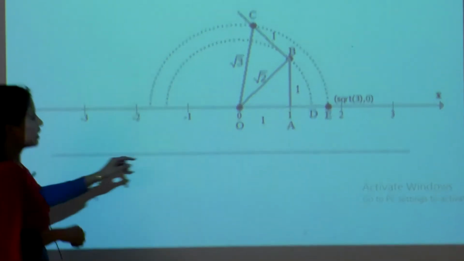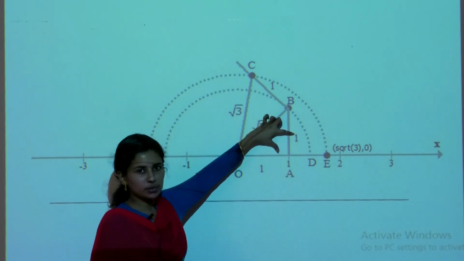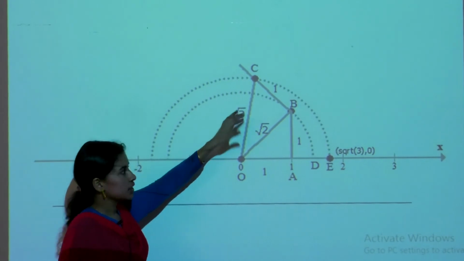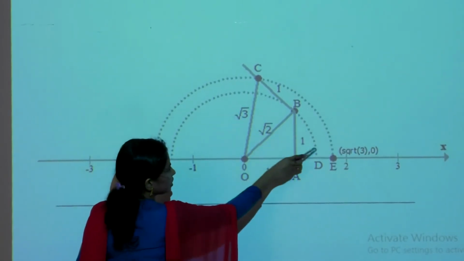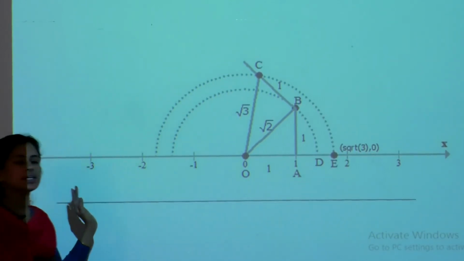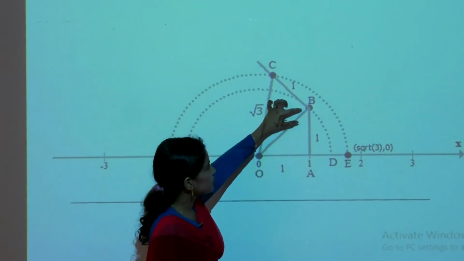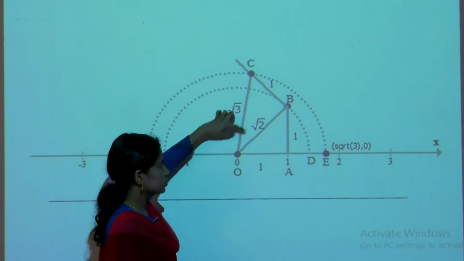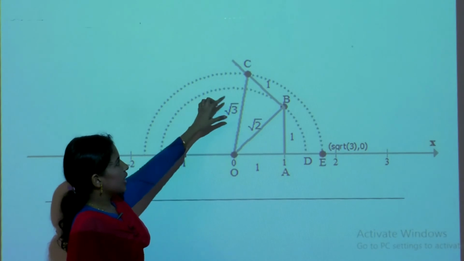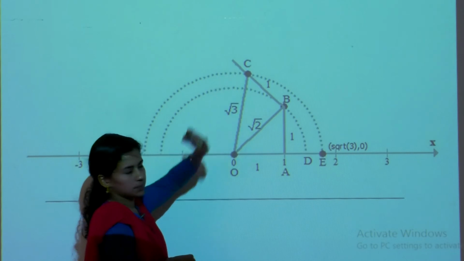So here we can see that 0 to A is 1 unit and A to B is also 1 unit, and using the Pythagoras theorem we get OB equal to root 2. Using the compass we draw a semicircle or an arc and we get D on this number line, and position D is called root 2. In a similar way we draw a line from B which is perpendicular to OB, taking it as 1 unit, put it as C and join OC.